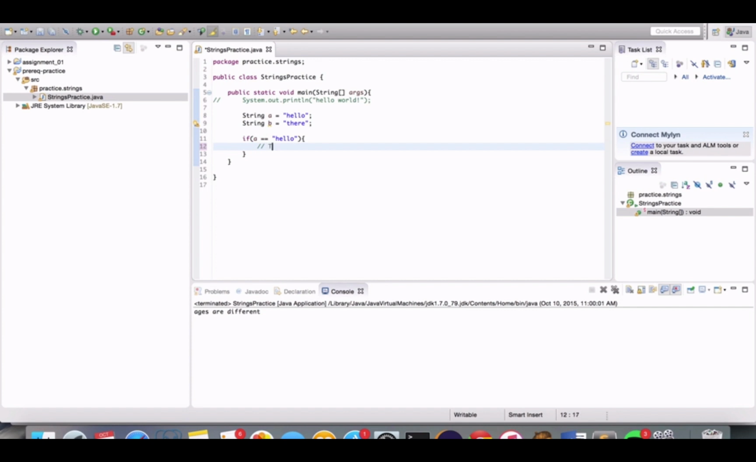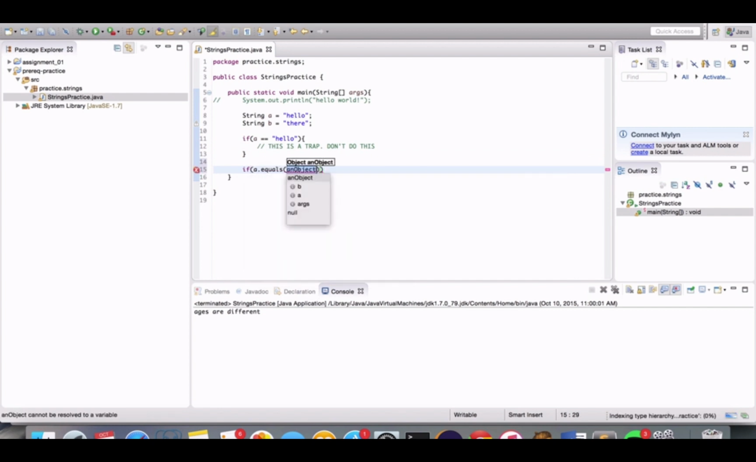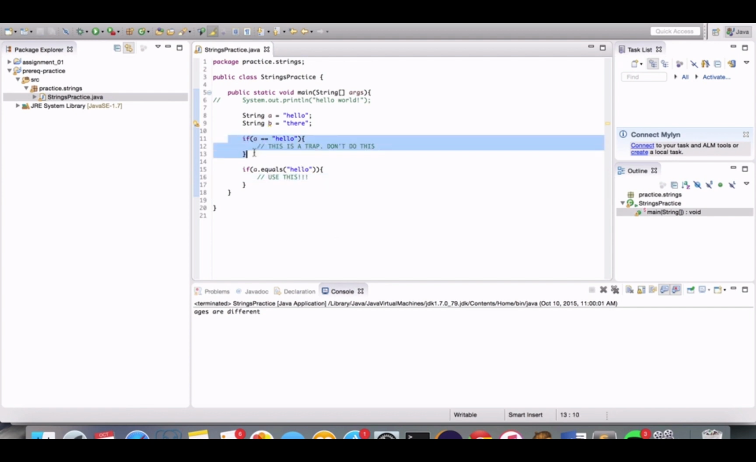Right, and this is a trap. Don't do this, right? The correct way to compare strings is we have to do a dot equals. There's a method on the string object, equals, and we do hello. Okay, so in this course, when we're comparing strings, we want to use this. Okay, so stay away from comparing strings like this. Okay, it works with integers, it works with characters,